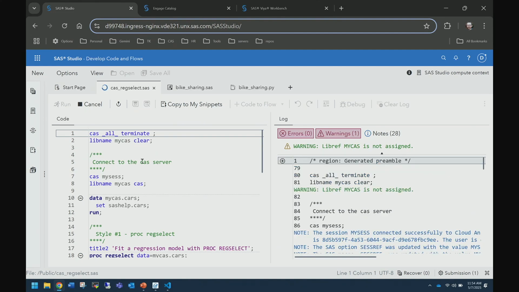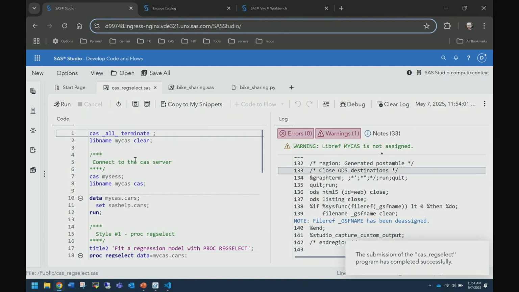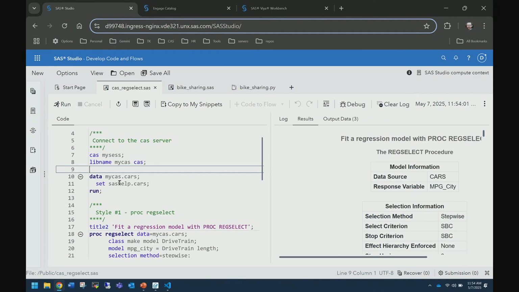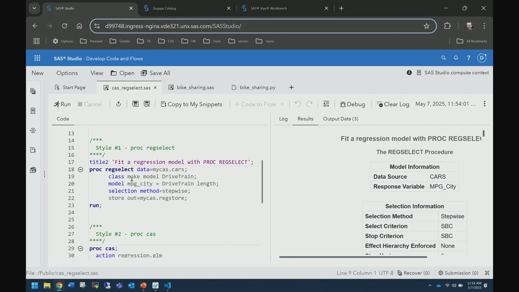This is a SAS program, and I will walk you through what's happening here. We connect to a CAS server, we get some data over into CAS. In this way, I'm just simply using a data step to copy it over. And then one of the two different styles of ways of running it.